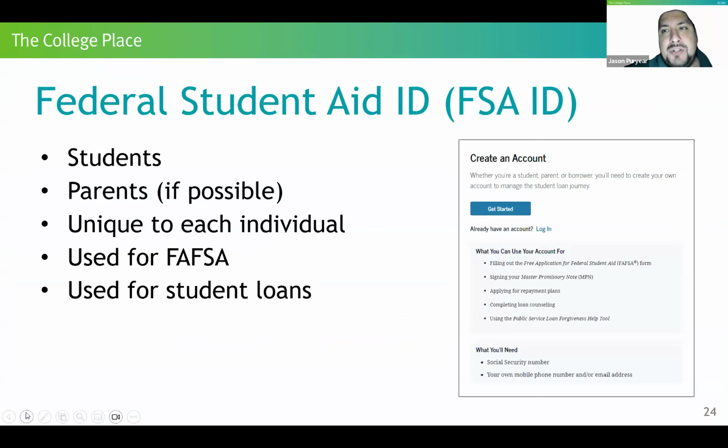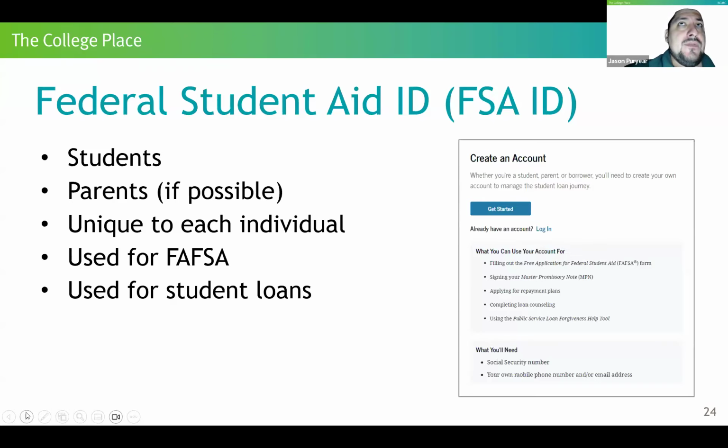What is the account that you're using to access the FAFSA form, to input information, to sign the FAFSA, to sign the master promissory note for loans you may be using in this process? As you're setting up this ID, as long as your social security card doesn't say "for work authorization only," you'll use your social security number and your name as it appears on your social security card to set this account